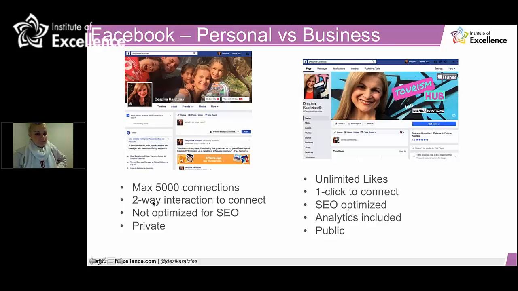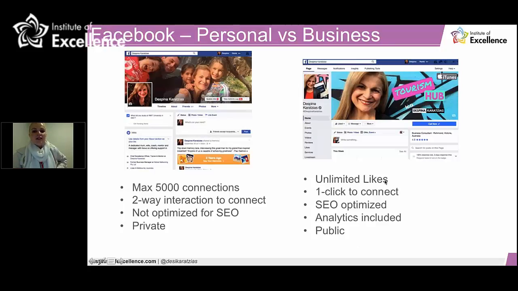It's a two-way interaction to connect, so it's only between two people. It's not optimized for SEO, so the search functionality and things that we put in About Us are not indexed the way they are on a Facebook page, and it's private. People can't see your posts unless they're a friend.